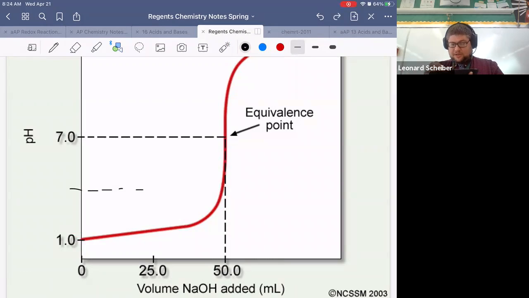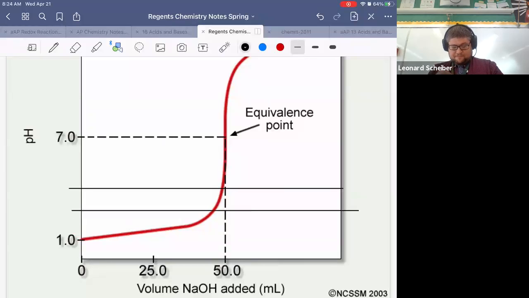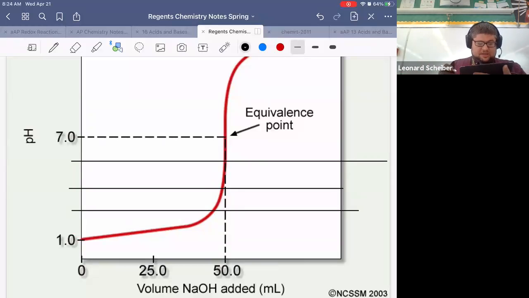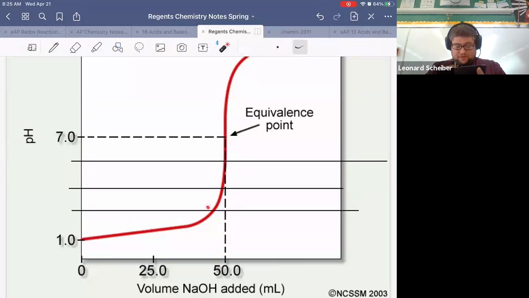Let's try that again. Here's the middle between 1 and 7, approximately. That's not a good middle. That's a better middle, just guessing. So here's like a quarter of the way up. There's another quarter of the way up. Not perfect. But what I want to show you is that from a pH of, I don't know, 2, right around here, all the way up to a pH of like 9,